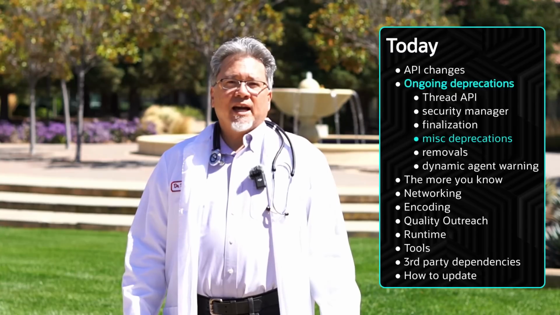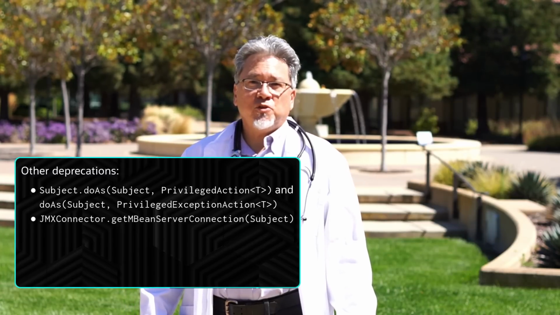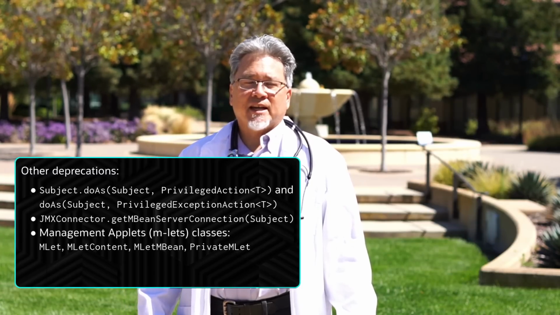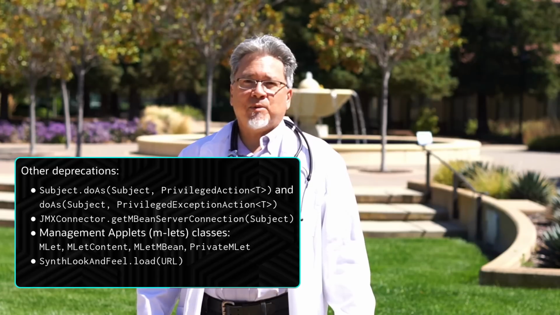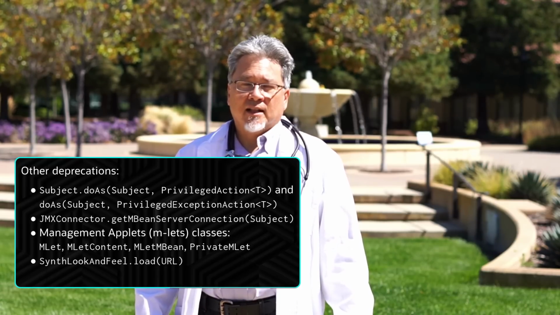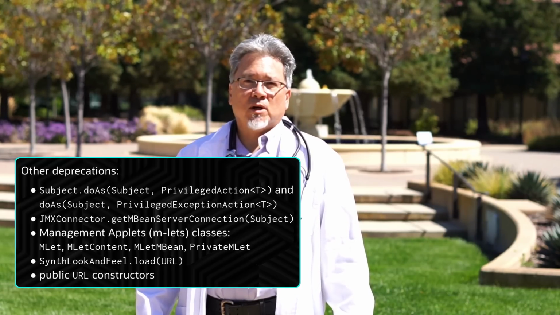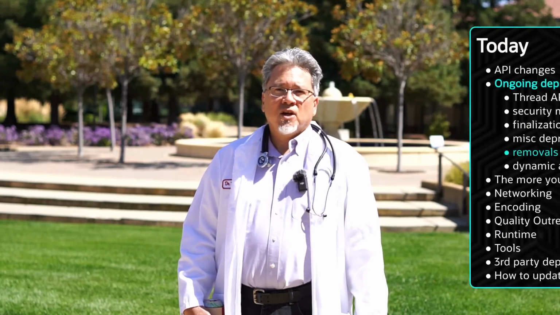Some additional APIs have been marked as deprecated. They include Subject.doAs, the MLet mechanism, the SynthLookAndFeel.load API that takes a URL, and also several URL constructors. A couple of things have been removed since JDK 17. One of them is the